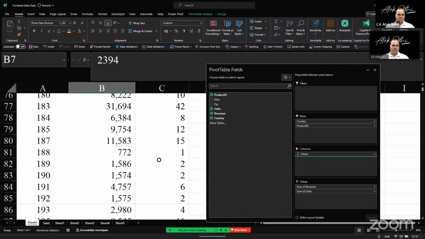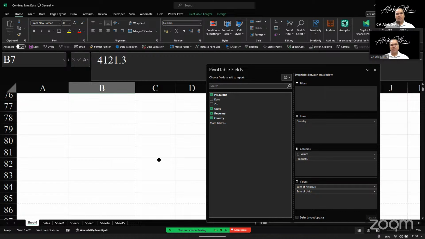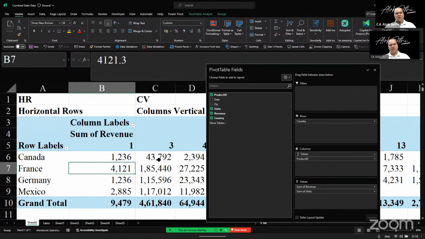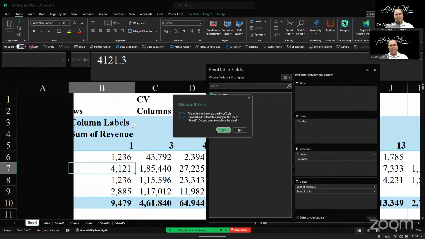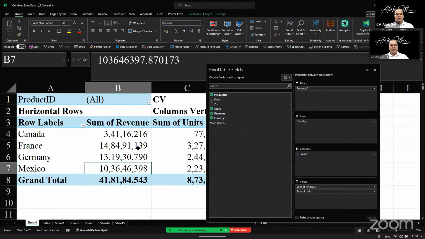सो इट इज नॉट रिकमेंडेड टू पुट इट इन द रो और कॉलम। अगर आप कॉलम में भी रखेंगे तो भी बहुत ज्यादा बड़ा टेबल हो जाएगा। वी वांट टू क्रिएट अ समरी, ओके। तो जब भी आपके पास खूब बड़ा ज्यादा डेटा हो तो इट इज नॉट रिकमेंडेड टू पुट एनी फील्ड विच इज लाइक हैविंग अ ह्यूज डेटा into either row and column. What you can do is you can put this into a filter, ठीक है, आप उसको फिल्टर में डाल सकते हैं, ठीक है।